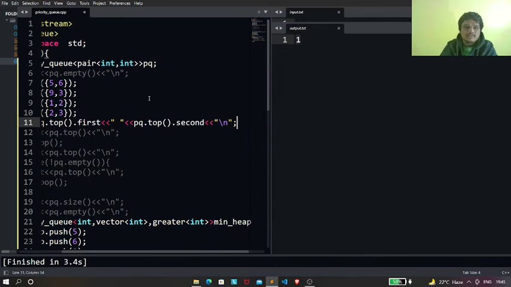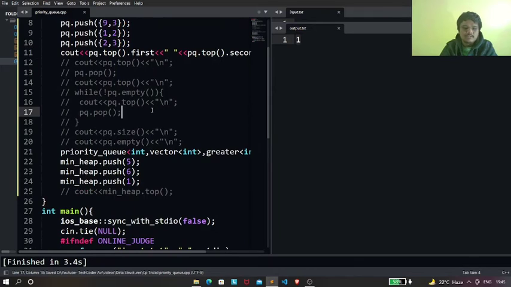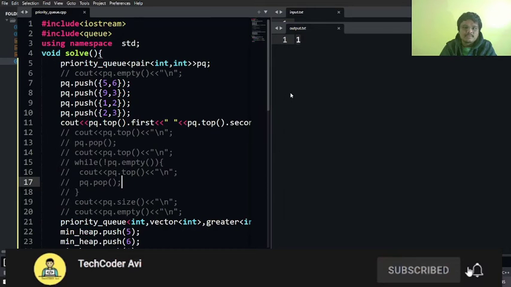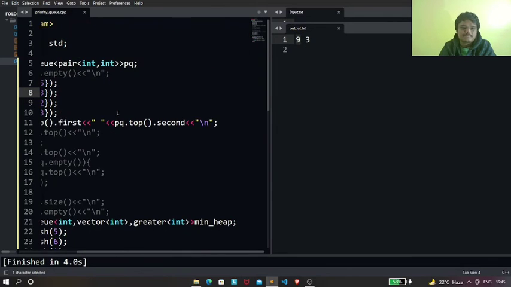So this is what it is. Now let me just comment this out, and let me just run this again. So now I'll find that 9 and 3 is printed, right? Because 9's priority is higher as compared to all the other priorities, right? And hence we have got 9 and 3.